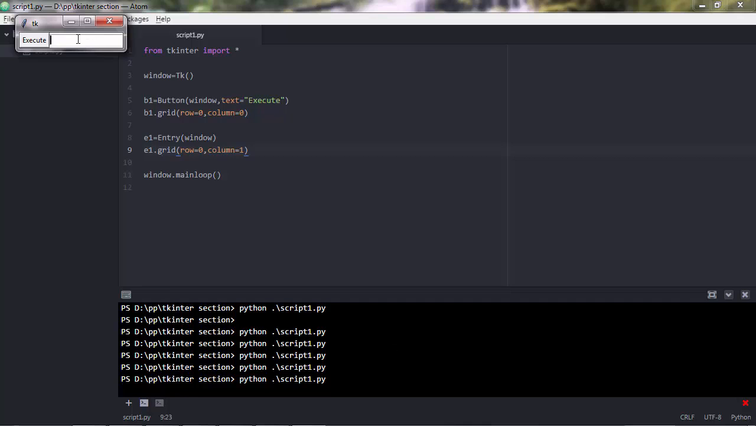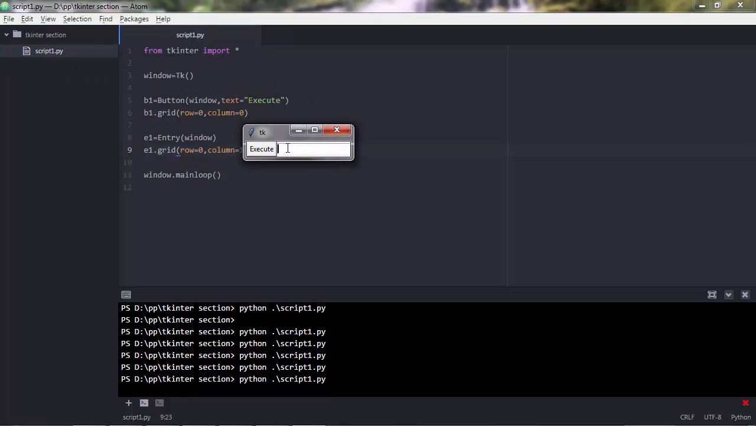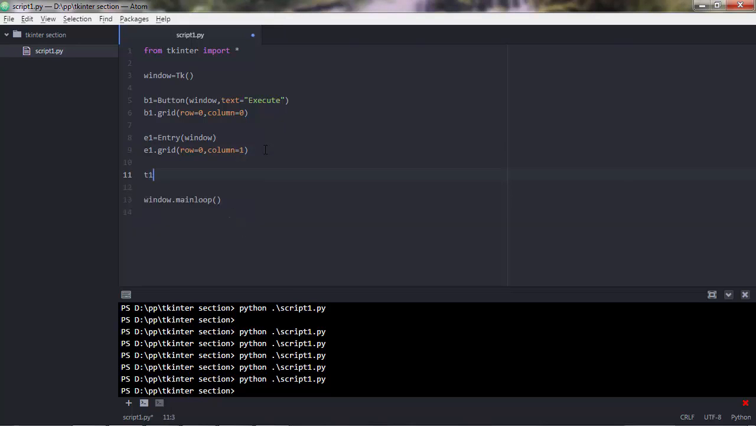So what's an entry? An entry is like an area where you can enter a value and then you can interact with that value in your script. So let's say you enter kilometers here, and you'd want to have a button that converts those kilometers to miles. So the button would get the value of this area here, and it would display it in another widget, which could be a text widget. So let's add a text widget. Let's say t1 equals Text window, of course. Let's say t1.grid row 0 column